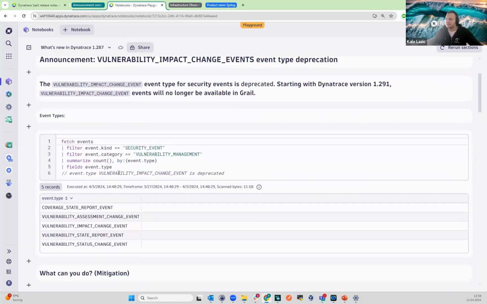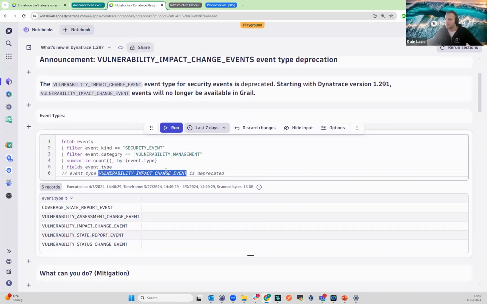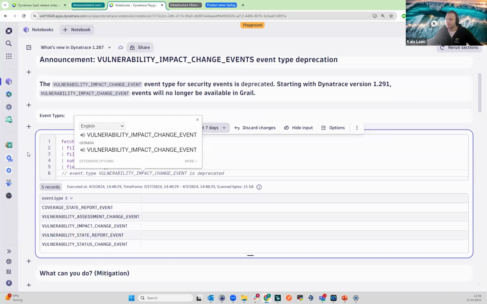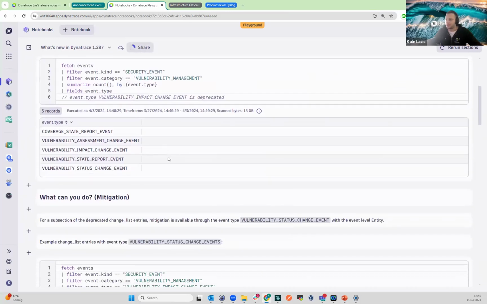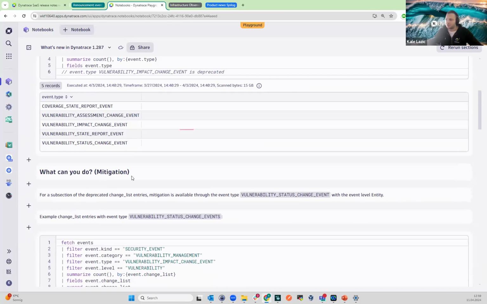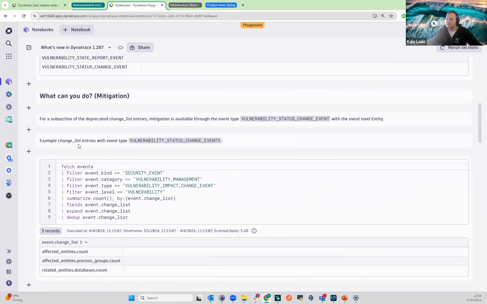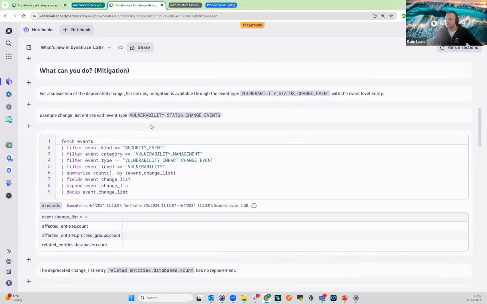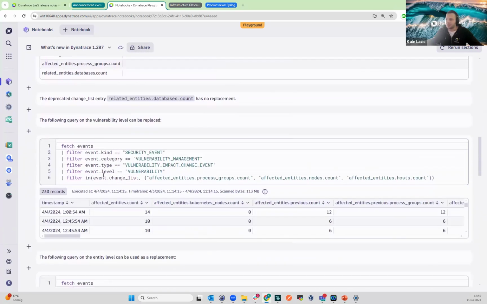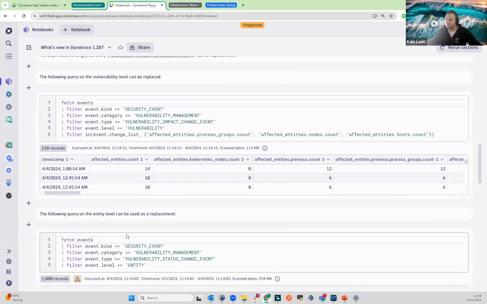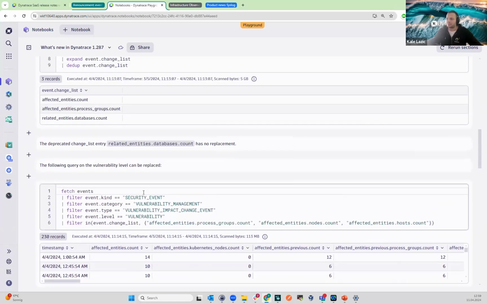Basically, as said, this event type, vulnerability impact change event, will be deprecated with 1.291. And in the section on what you can do, we have this summary of the release note, how to mitigate this deprecation by translating, for example, this query into the query below. And this will help you